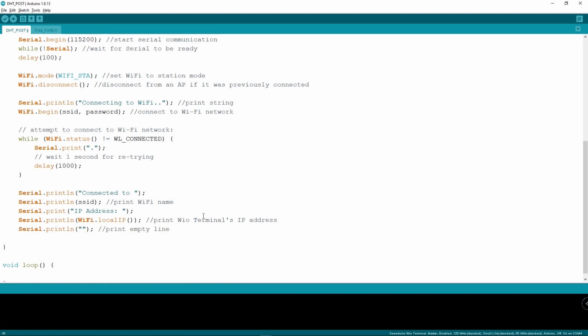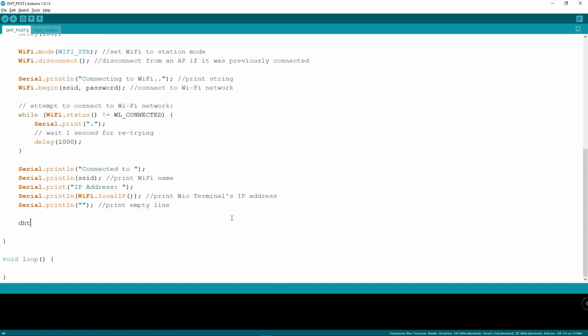Then start the DHT sensor. I'm sorry, here shouldn't be a new line, so it's just printing this line and printing the Wi-Fi name after this. Next, we will move on to drawing on the LCD screen of the Wire terminal.